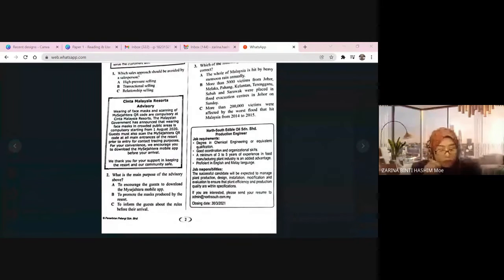Of course, they also mentioned that in that advisory. They did mention that. They said guests must also scan the, wait, hold on. For your convenience, we encourage you to download. Encourage. That means that is not their main purpose. Normally, the main purpose will be the first thing they mention in that notice. So what is the first thing they mention? You have to wear face mask, you have to scan QR code, which are compulsory. So that is what they want the customers or the guests to do.